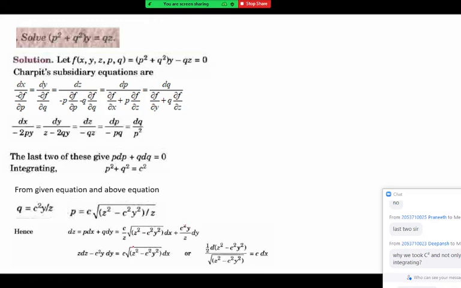Now, this is again a last important thing, that integration is not directly possible like in case 3. In case 3, when we did that xp equal to yq form, everything is in variable separable form and you can integrate it directly.